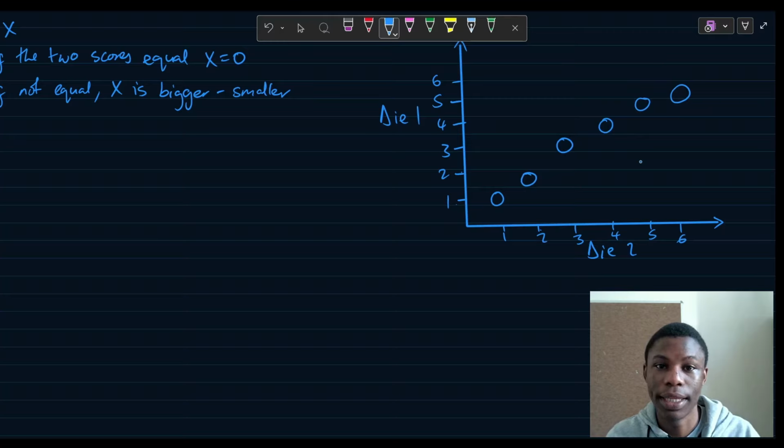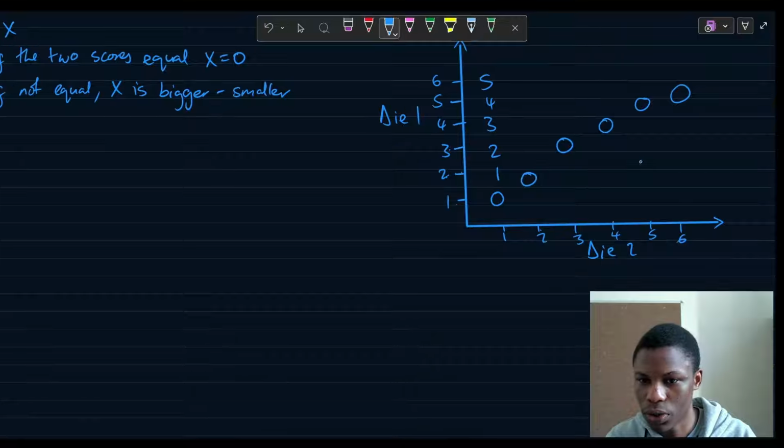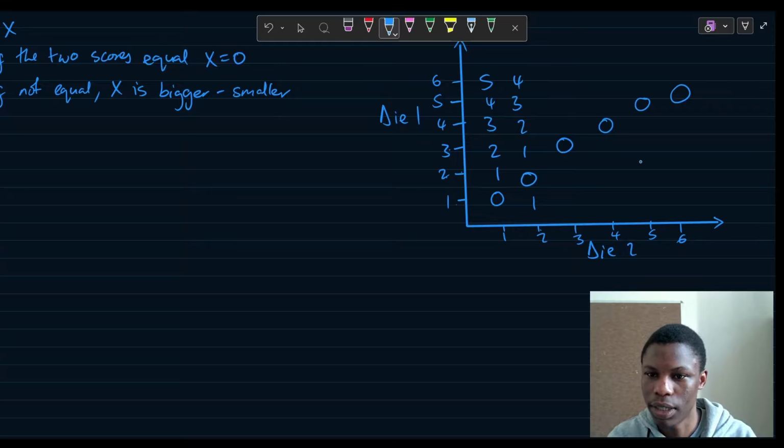When the scores on either die are not equal, then it is the bigger score minus the smaller score. So if die 1 shows a 2 and die 2 shows a 1, it's 2 minus 1, so that's 1. If we have 3 and 1, it's 3 minus 1, then 4 minus 1, then 5 minus 1, then 6 minus 1. And we keep repeating it. If die 2 shows a 2 and die 1 shows a 1, then it's 2 minus 1. This becomes 3 minus 2, so 1, 4 minus 2, 5 minus 2, 6 minus 2, and we keep filling